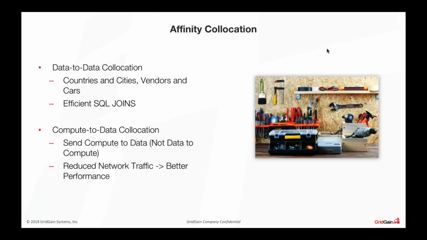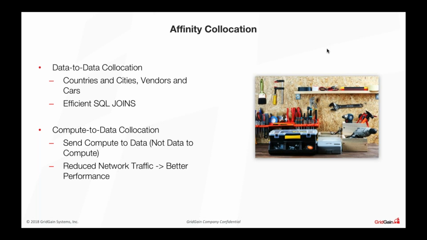All the related data that you have in your system, in your application, can be collocated. For instance, countries and cities. By doing simple configuration with Ignite or with any other distributed database, you can make sure that all the cities that are located in the United States are stored in the same cluster machine,